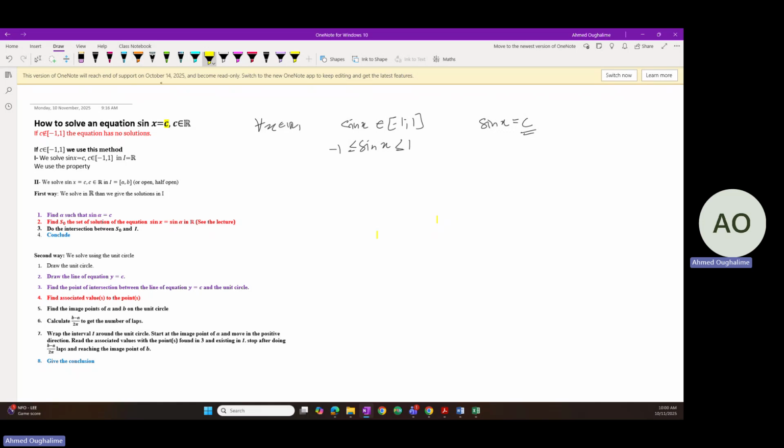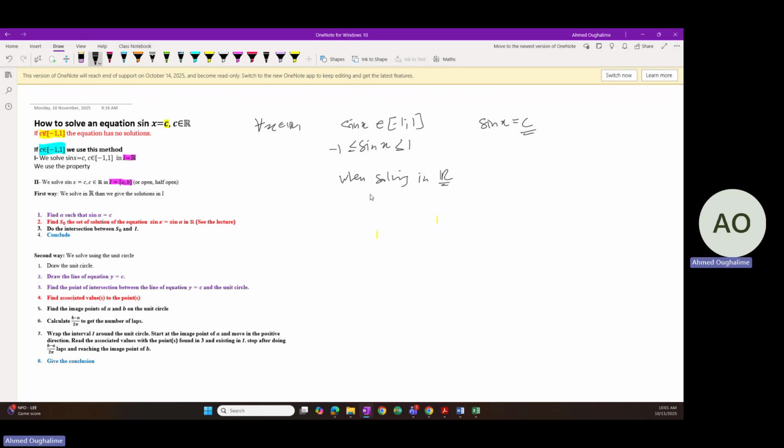Now, the second case: if c belongs to the interval [-1, 1], here the equation has solutions. So either we are solving in R or we are solving in some different intervals. So our set of resolution is R or some given interval. We would proceed different ways. So when solving in R,